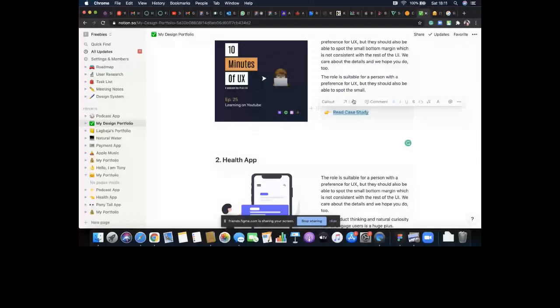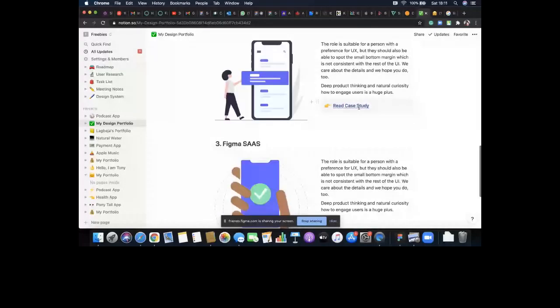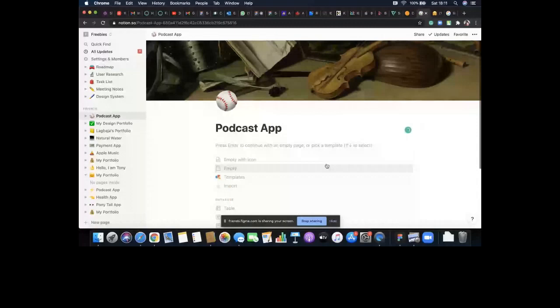Anybody who hovers around this would now see that this is a link and they can click on it. Versus this one, where we just created a false link. It doesn't show that it's a link. If you hover around it, there's nothing to show that it's a link. If we click on this, it's opening up what we have already. So that's how to do this particular one.